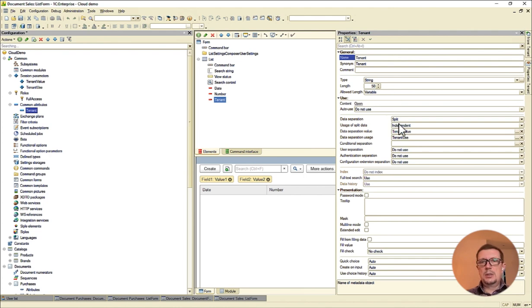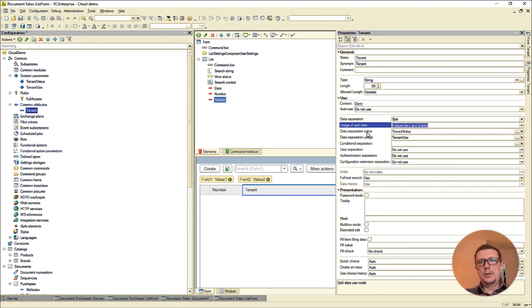Now we got a bunch of new settings that weren't accessible before that, and one of them is called usage of split data, and we have two options here: independent and shared. Let's select the second one, and again I will explain the difference between them a little bit later. But to start with, independent means that the data will be separated.